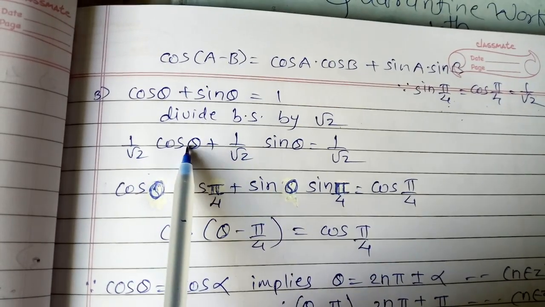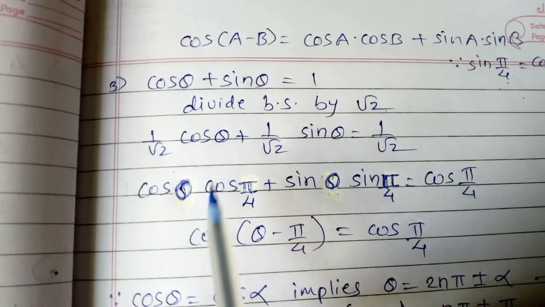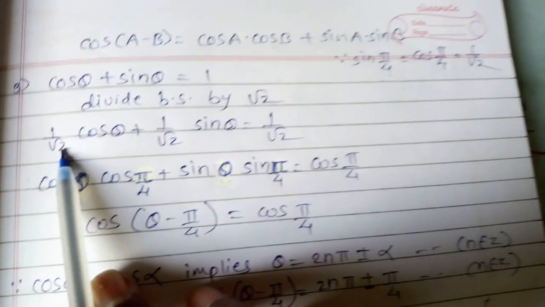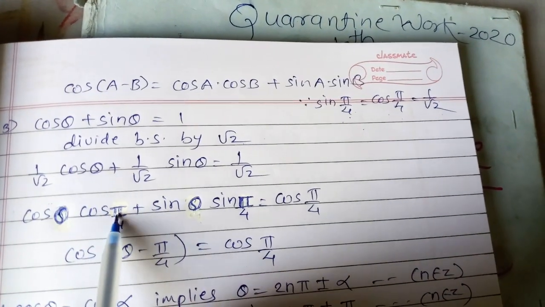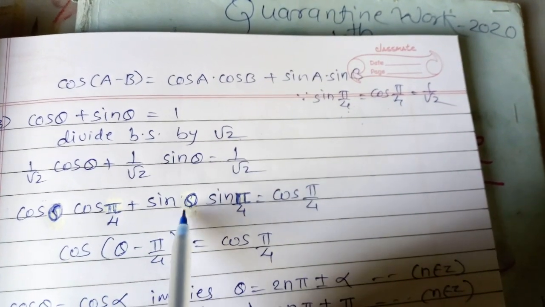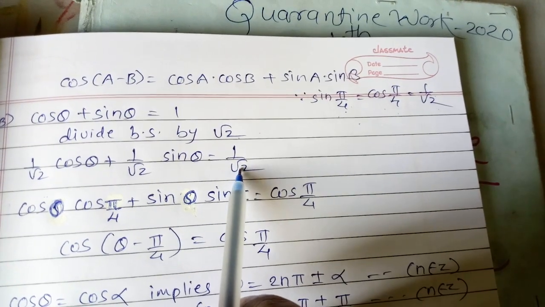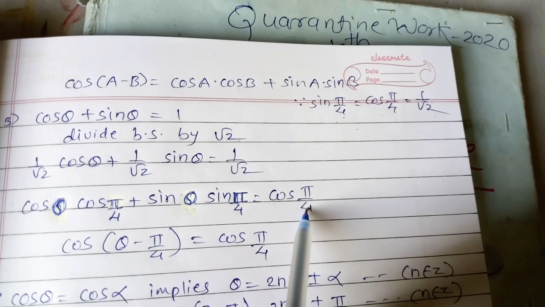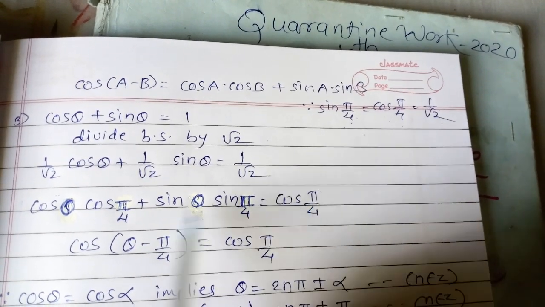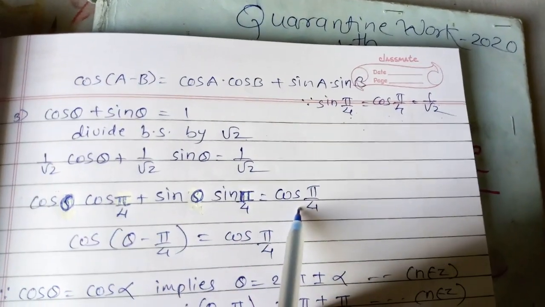Now I am going to write this first, that is cos theta, and 1 upon √2 is the value of cos π/4. So instead of writing 1 upon √2, we write here cos π/4. Again I write sin theta first, and 1 upon √2 is the value of sin π/4. 1 upon √2 is the value of cos π/4 as well as sin π/4, but we want the answer in cos, because we write this formula of the cos, and so here also we want the cos.